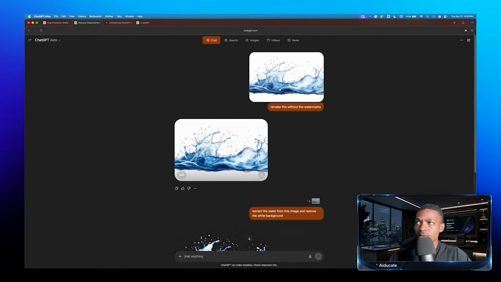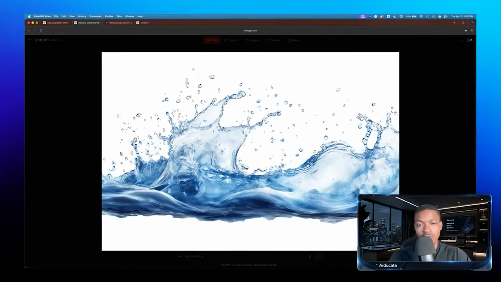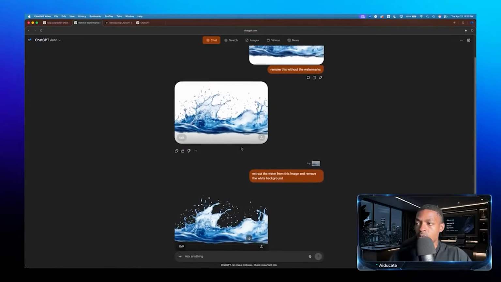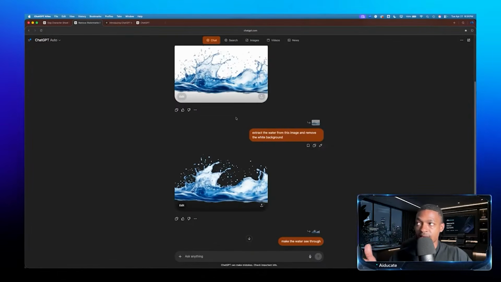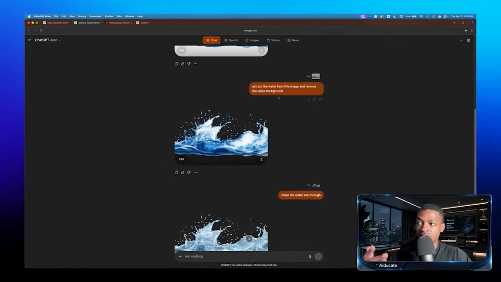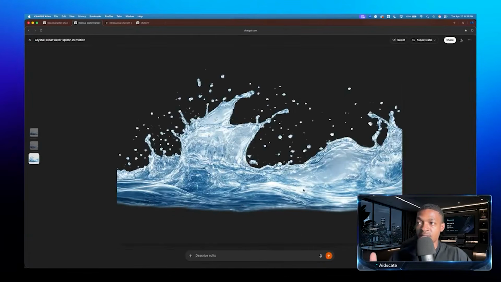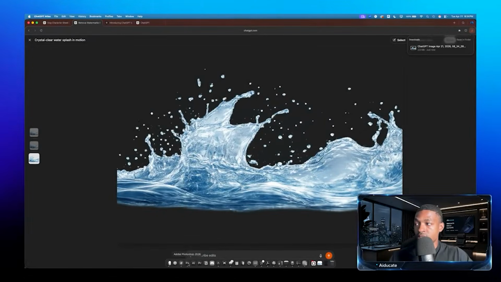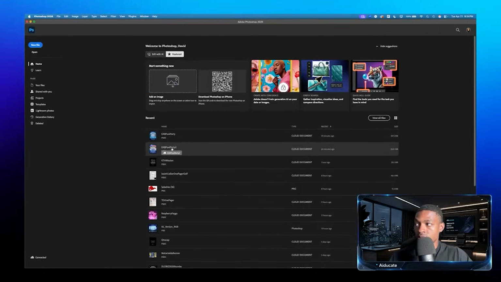So I found this image online. It has the watermark on it, and I wanted ChatGPT to remake it first, and then I wanted it to extract it, and then I wanted it to make the water see through. And so, we are actually going to download this and put it inside of the project that we're working on. So if we go in here,